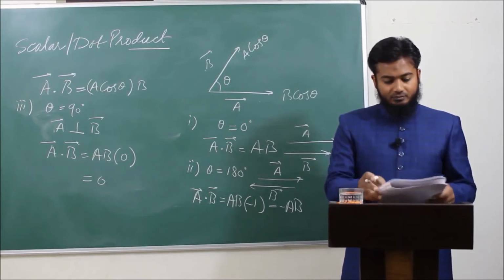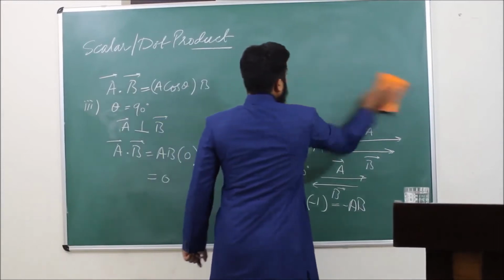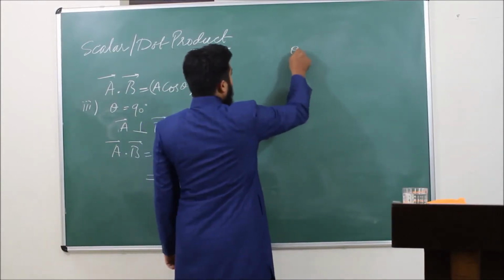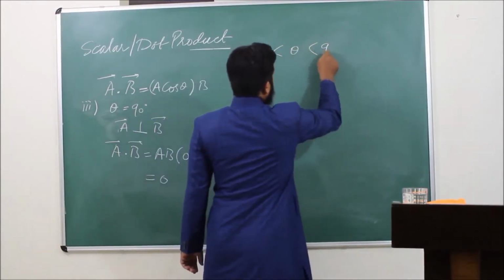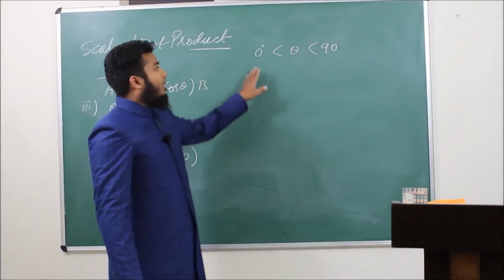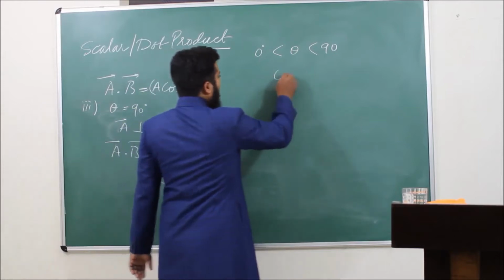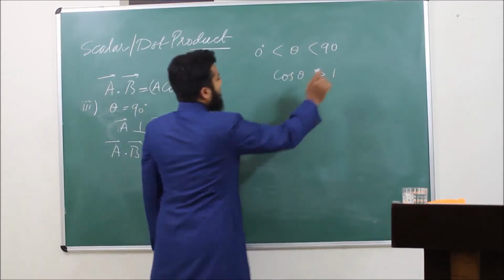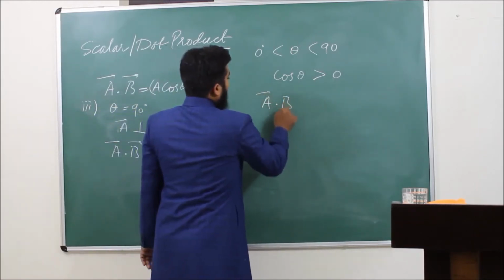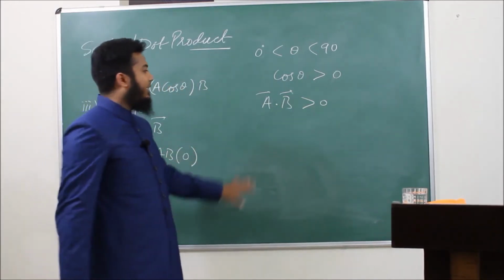Next thing. One more point I can discuss for obtaining some direct results. If this angle is acute, that means it is between 0 and 90 degree. The angle is acute. Then in the range between 0 and 90, cos theta is positive. So in this range, cos theta is positive. Then the dot product will surely be positive. So if the angle between the two vectors is acute, between 0 and 90 degree, the dot product will be